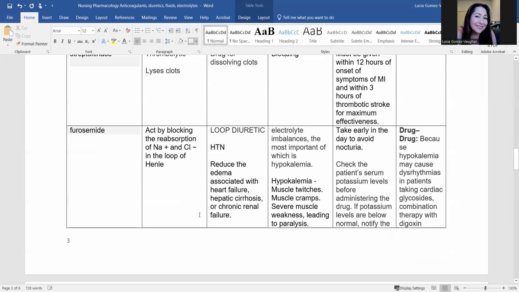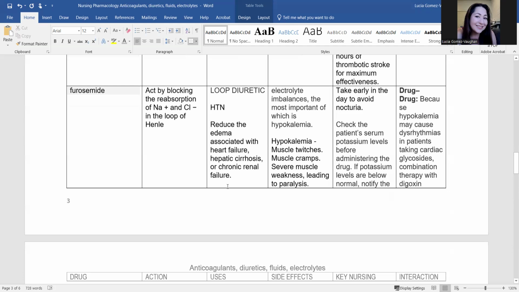Furosemide acts by blocking the reabsorption of sodium and chloride in the loop of Henle. The loop of Henle is just like a distal loop on the nephron. It's a loop diuretic. It's a very commonly used loop diuretic. It's given for hypertension and to reduce edema associated with heart failure, hepatic cirrhosis, and or chronic renal failure. It's a potassium wasting